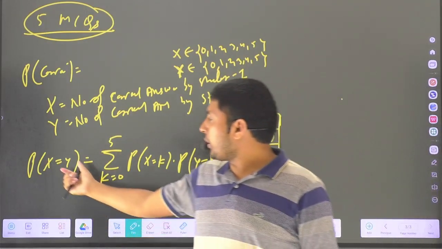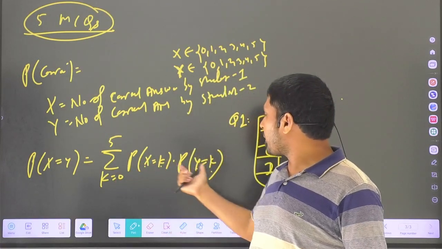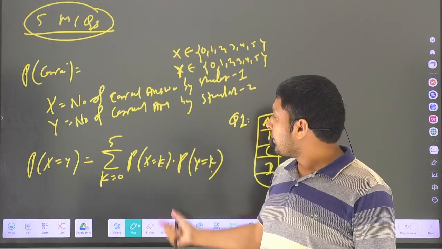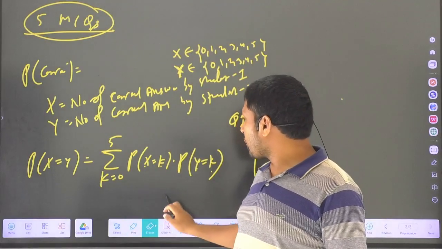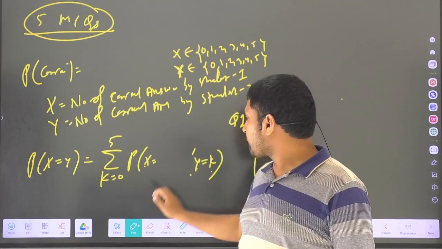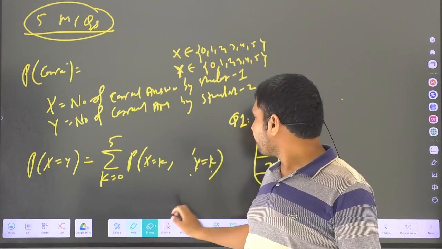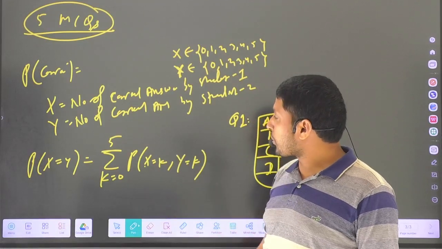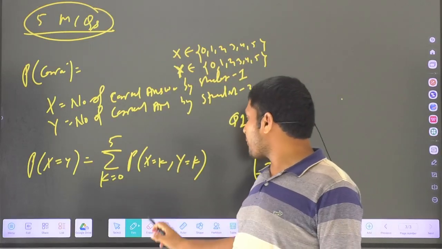So x and y are equal, so if x is k, y will also be k. I'm considering they are independent, so that's why I have taken different. If they are not independent, then we have to write it like this: probability x is equal to k and y is equal to k. This will be the answer. But since I'm considering independent,